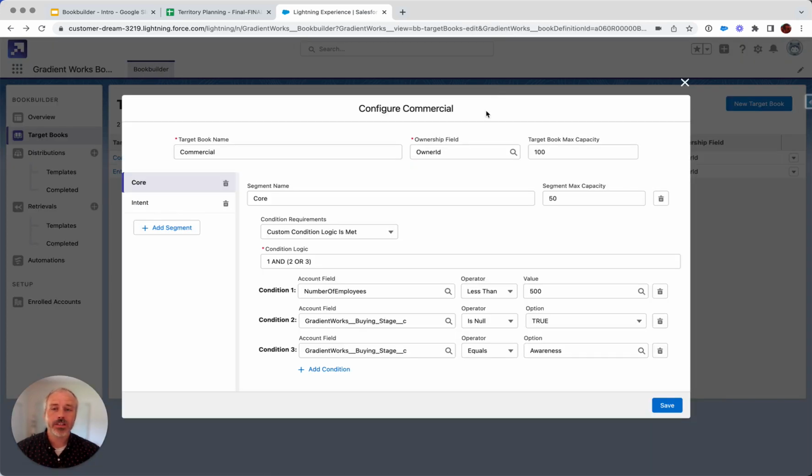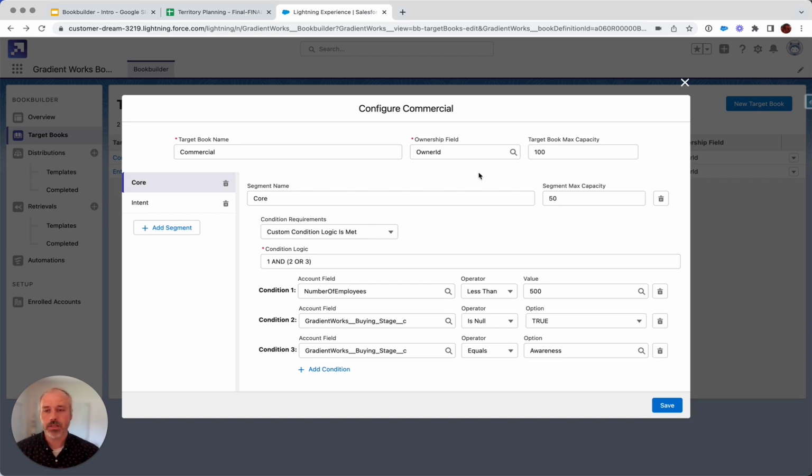So, unlike the way Ron used to do territory planning, where he would carve up accounts into static sets that he would give out to his reps using spreadsheets, in this case, he's going to define his commercial book as a set of criteria to make sure that he's keeping his reps focused on the right accounts at the right time. So Ron did a little bit of math and determined that his reps should be focused on about 100